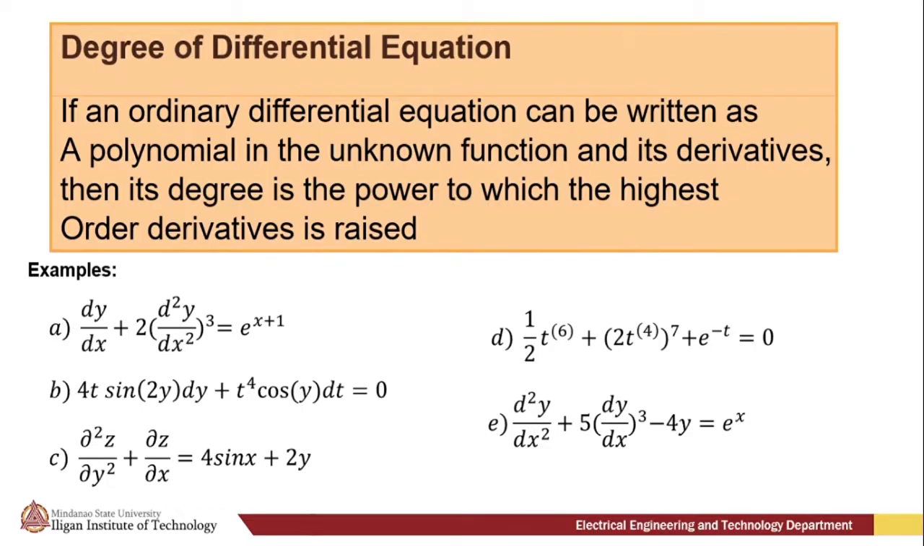Here in example A, we have dy over dx plus 2 times the quantity d squared y over dx squared raised to 3 equals e raised to x plus 1. First we check the highest order derivative. The highest order derivative here is d squared y over dx squared, which is a second order derivative. Then we check the exponent. This derivative is raised to the power of 3. Hence, this equation has a third degree